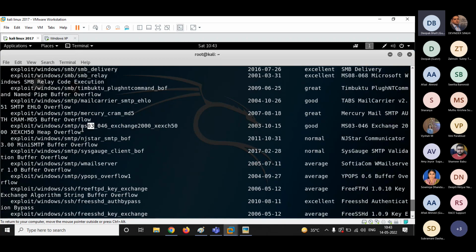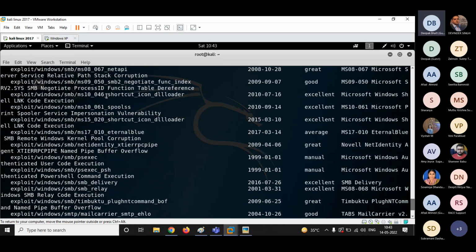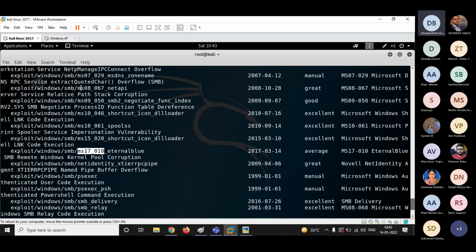Okay, now we will be looking for MS06-087, right? See, this is the one we got. All of you can check your chat box. This is the one I have written, MS17-010. Along with that, I have also written this one, MS08-067. This is also an exploit that we got, right? Is it or not, guys? This is the exploit, right?